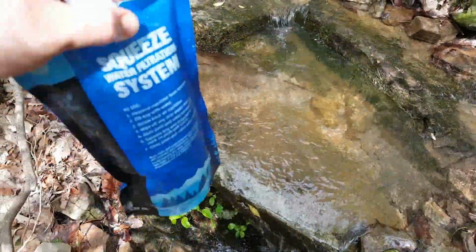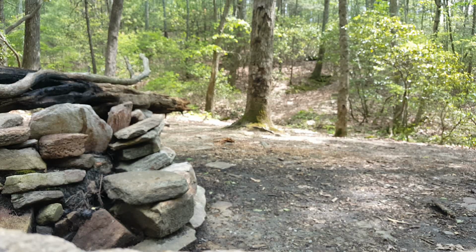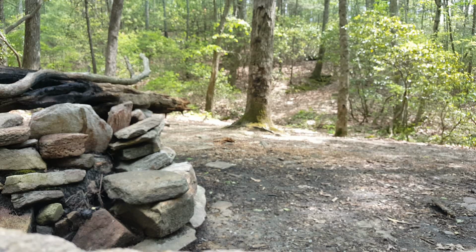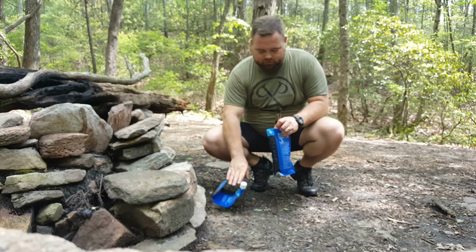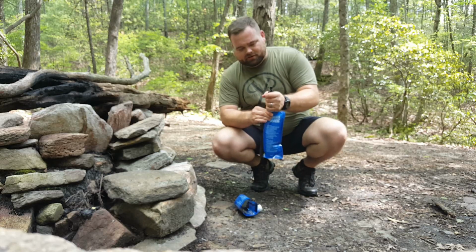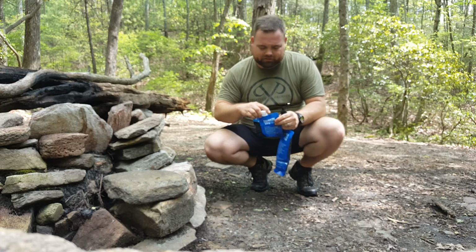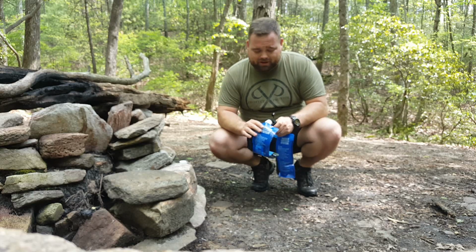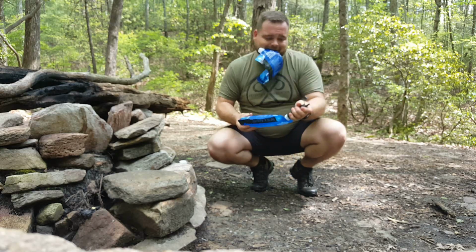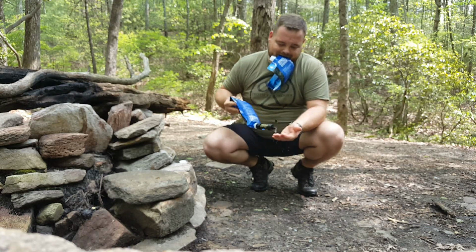All right, we'll head back up to the camp and see if we can filter this. So, got my Sawyer Squeeze here. This bag's had dirty water in it. This bag's unused. Since I don't have a water bottle with me, I'm going to take this bag and we're going to filter some clean water